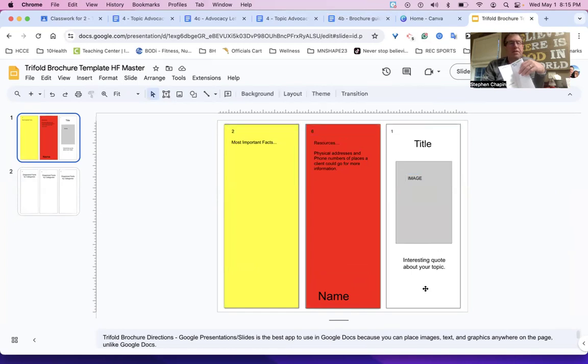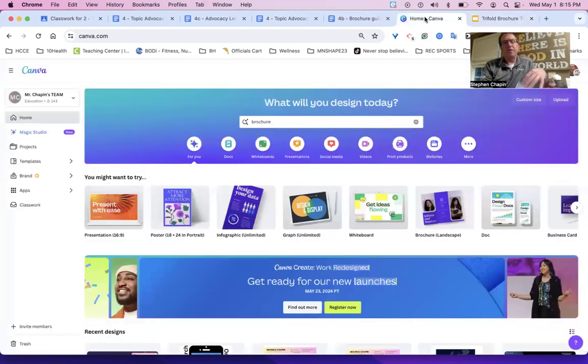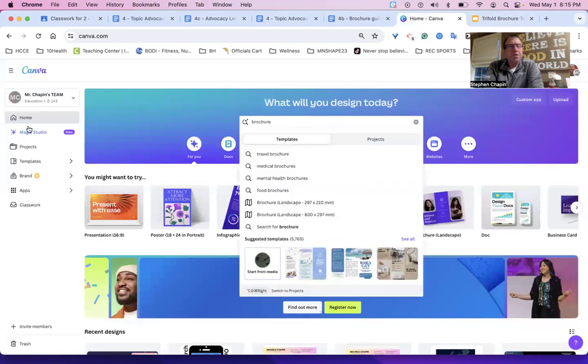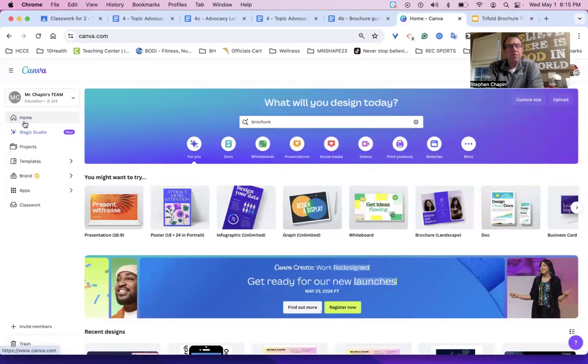All right. So some people like this. It's a little bit simpler, a little bit easier to manage. A lot of people like Canva, and I just want to take you through Canva real quick. This Canva is new to us just this year. You guys obviously have access to it, so we can make that happen. So what you're going to do is make sure you got Canva on your home screen over here. So it says home, and then you're just going to type the word brochure,